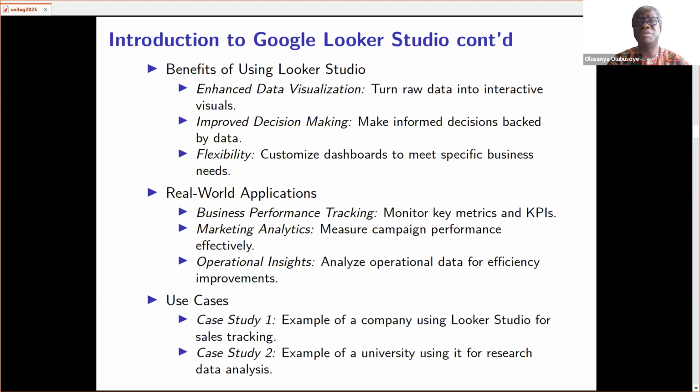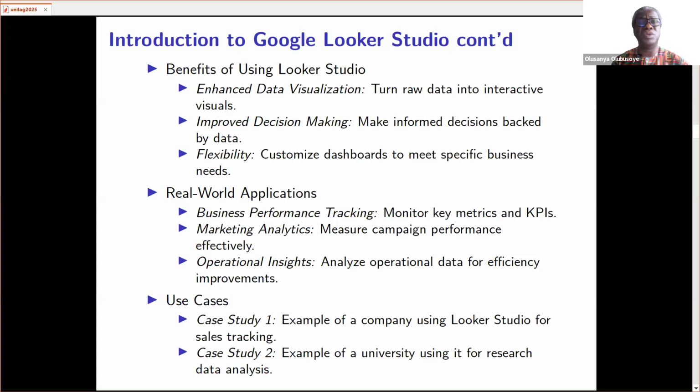So you can have very clear data representation, to make decision making faster and more informed.